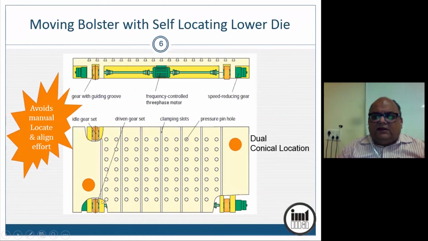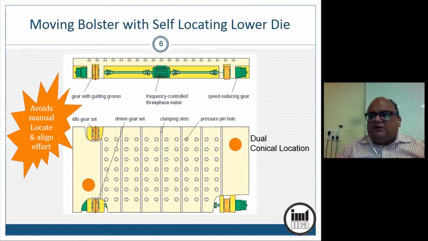Now, the die designer has to know, of course, one, the dimension of the T slots on the press table. And number two, of course, the location of the holes where the cushion pins will be admissible. Okay. Now, this is an important input to the design before we set out to design the die.